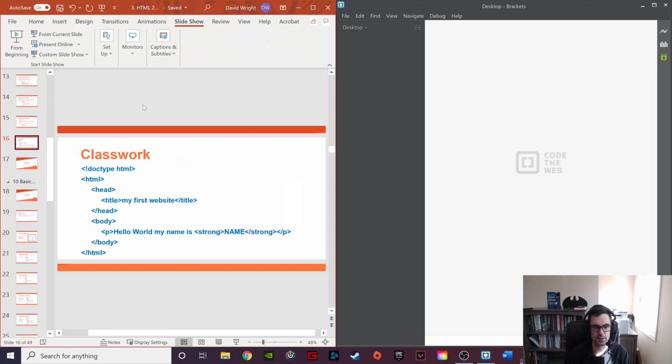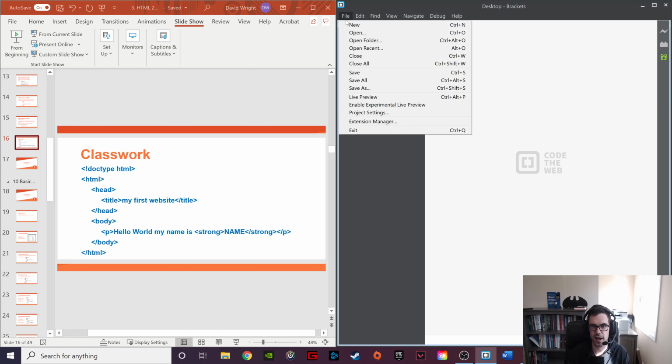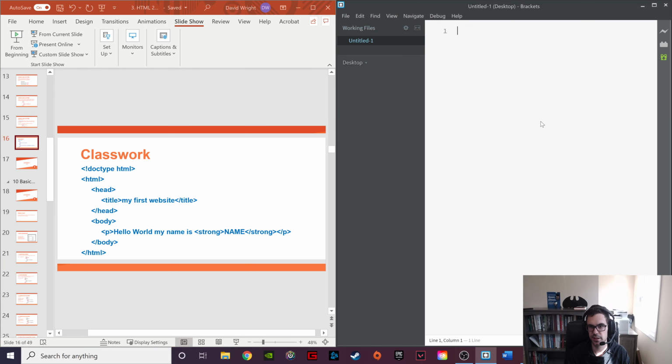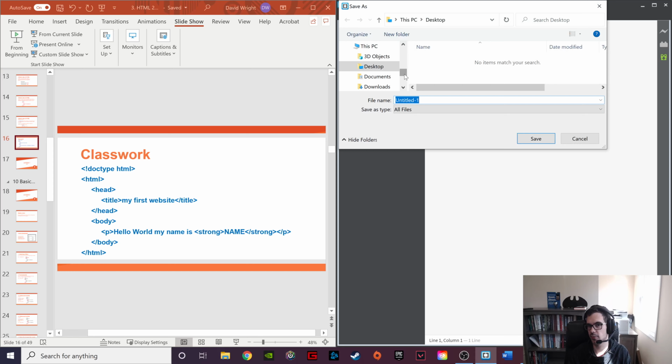Okay, I'm actually going to drop it like that. Now, when you get into Brackets, there's pretty much nothing here. So what you need to do is File, New, and then you need to save your file. You save it as File, Save As. For right now, we're not going to talk about directory structures because we haven't done that yet. That'll be another lesson. We'll just go right to our desktop, and we're going to name it